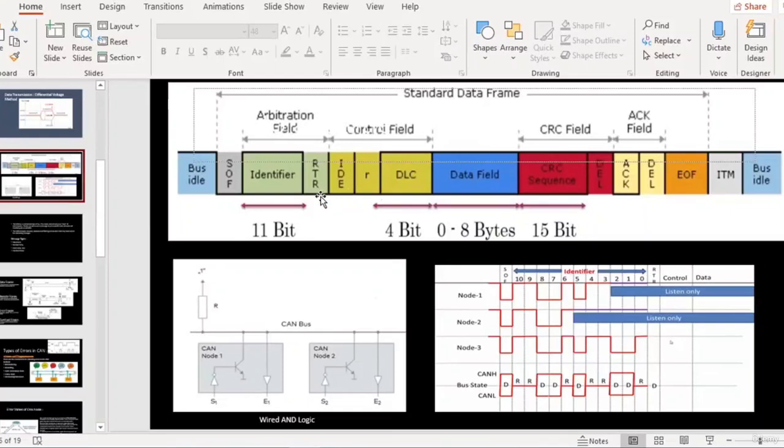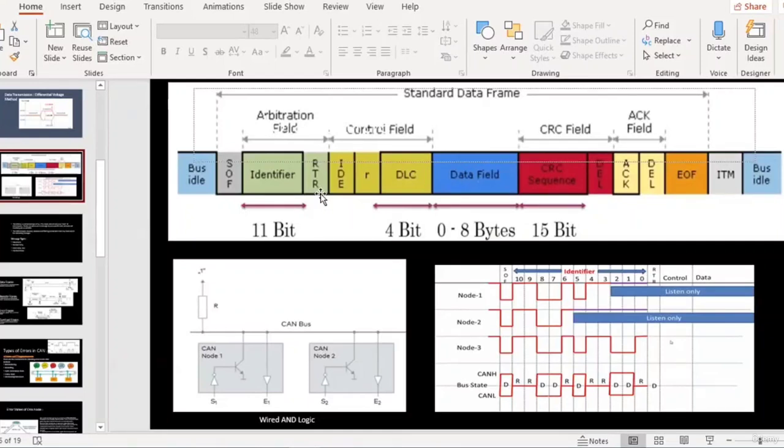What is the meaning? Since a remote frame is requesting a message, let's suppose there is a node A and a node B. Node A needs some data from node B, and that is when it will send a remote frame to node B without any DLC or any data.